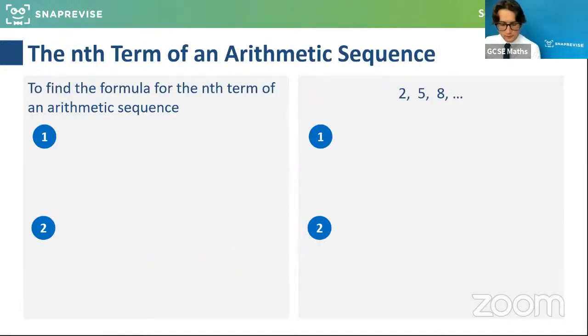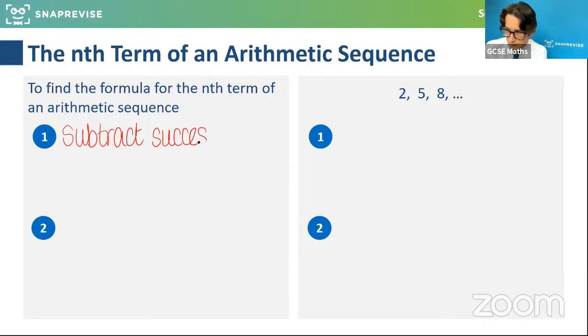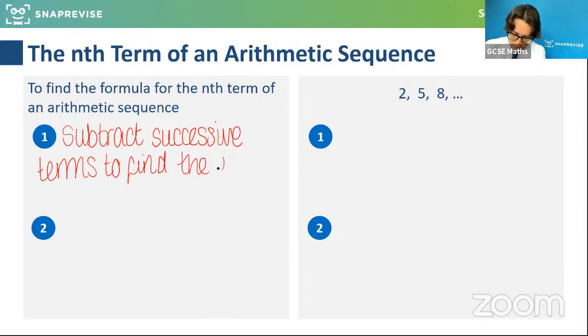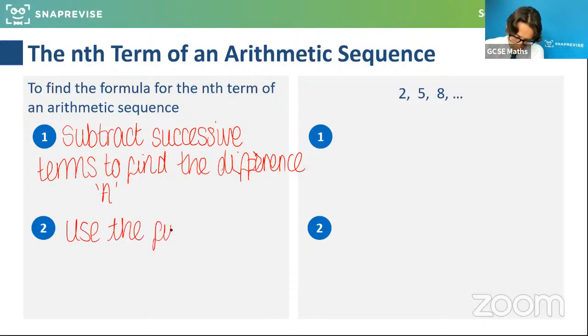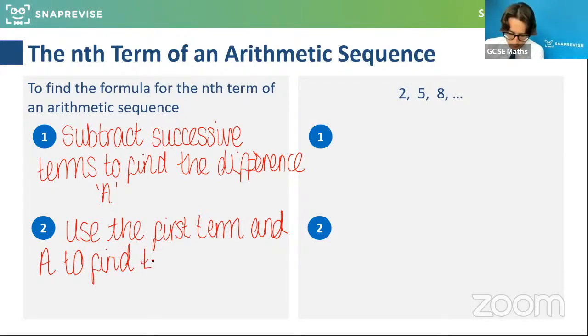So to find the formula for the nth term of an arithmetic sequence, basically what we do is we subtract successive terms to find the difference, which we just called A. And then we're going to use the first term and A to find the constant B. Okay, so for example here,